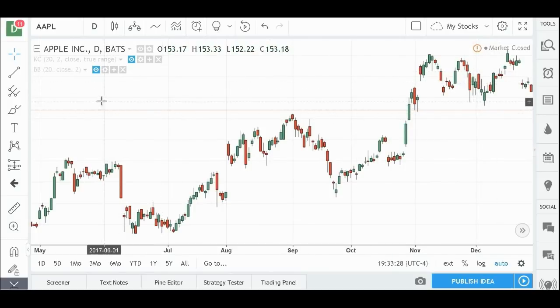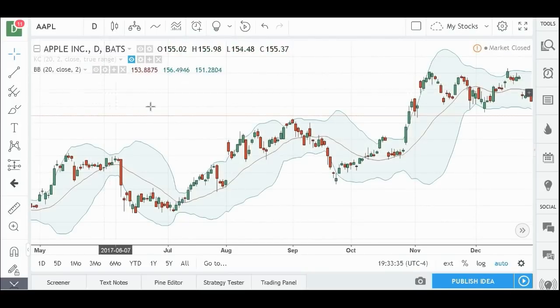All right, so first we'll start with the Bollinger Bands, which are the more popular one. Between Bollinger Bands and Keltner channels, I would say Bollinger Bands are more popular. And one of the reasons they're popular is because Bollinger Bands have the ability to squeeze and then expand, or squeeze and release. And so let's take a look.